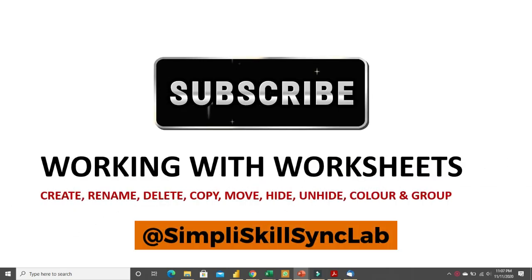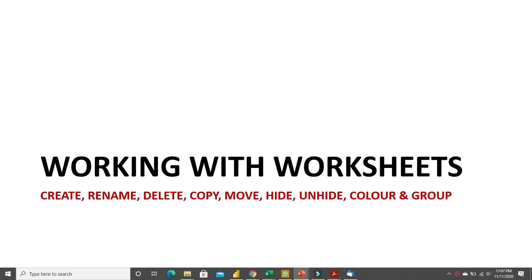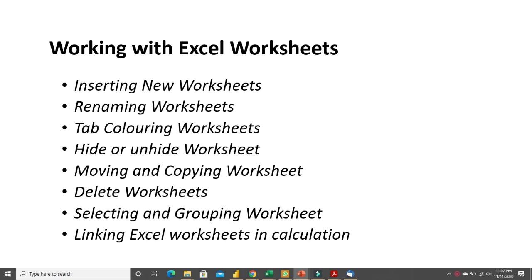Now, in this section, we're going to be looking at working with worksheets. And specifically, we'll learn creating a worksheet, rename, delete, copy, move, hide, unhide, color, and group worksheet. So we are talking about inserting a new worksheet, talking about renaming it, coloring,